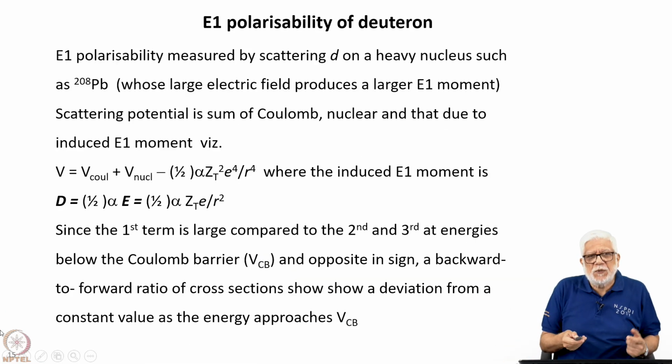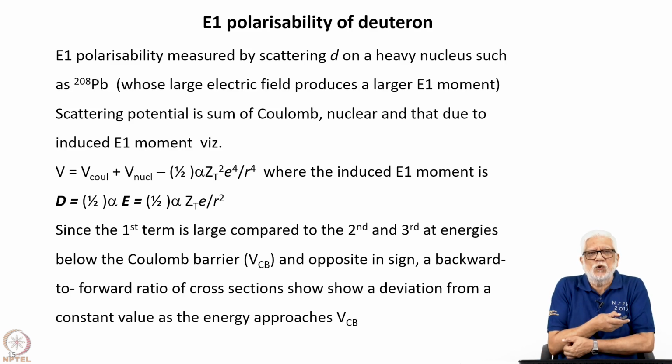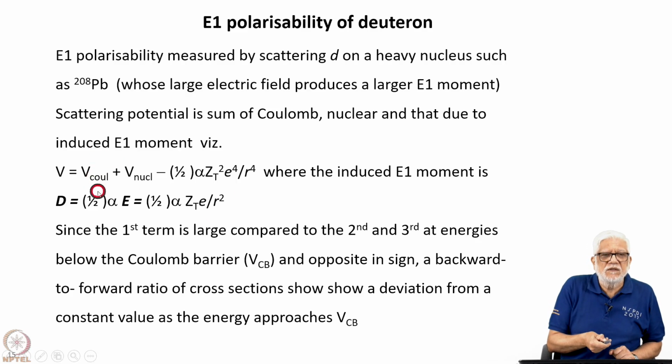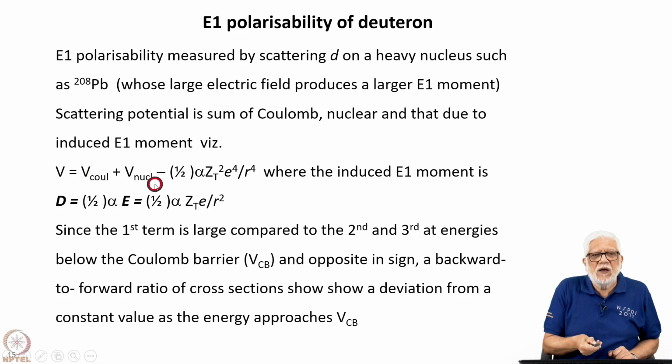Okay, then I will just mention also the E1 polarizability measurement of the deuteron. In this case, of course, again a similar experiment is carried out. You go sub-Coulomb, you go below the barrier and you scatter the deuterons off a lead target. So, in addition to the Coulomb potential, which we know is 1 by r, Ze squared by r, you have